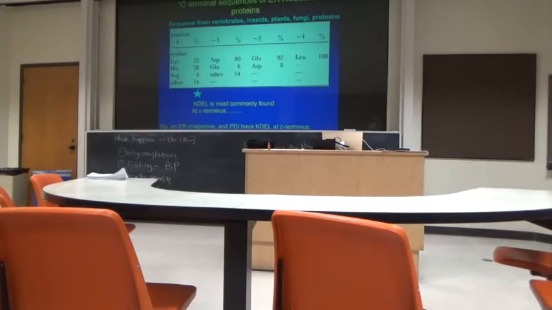And then what Hugh Pelham's lab also did was said, the secretory pathway is conserved across phylogeny. So I'm not only going to compare BiP and PDI, I'm going to compare BiP and PDI from vertebrates, insects, plants, fungi, and protozoa, looking for the common sequence that's in all of those. And then the noise will sort of fall away. And when they did that exact experiment, which is an experiment, even though you're not getting your hands wet yet, what they found was that there was some variation, but